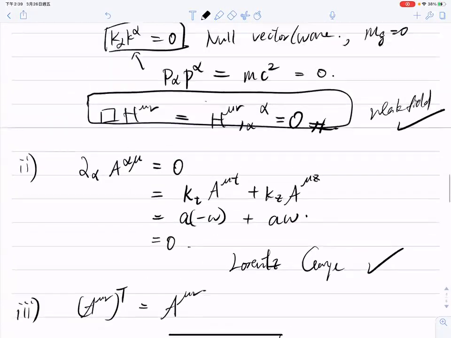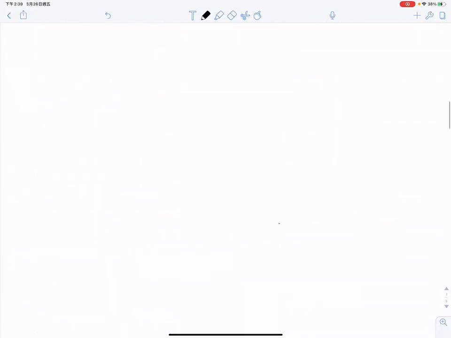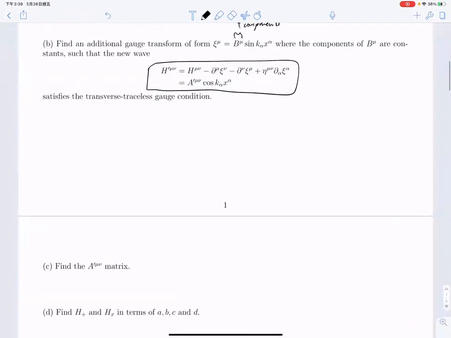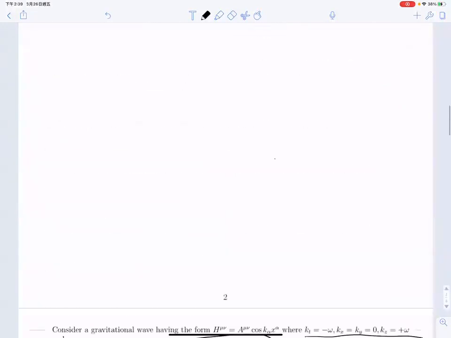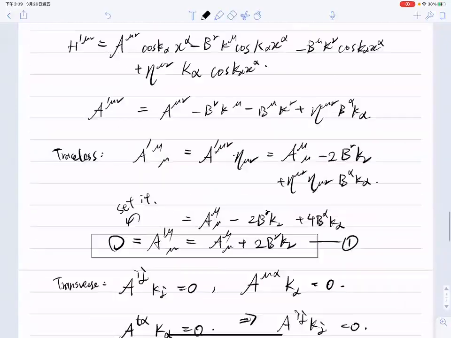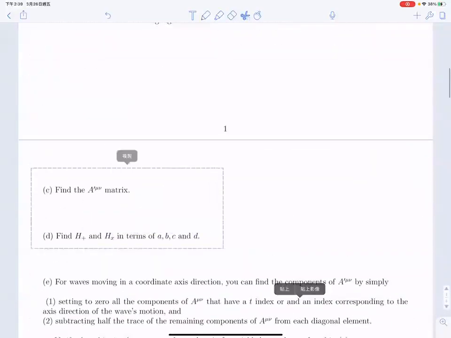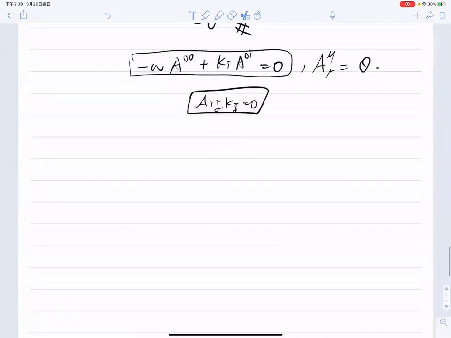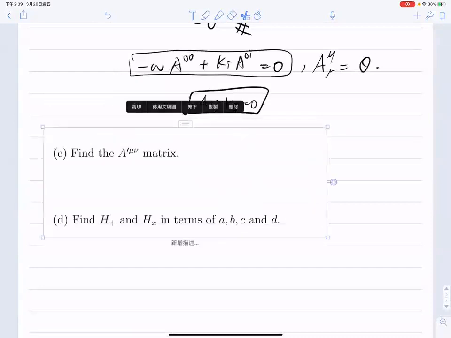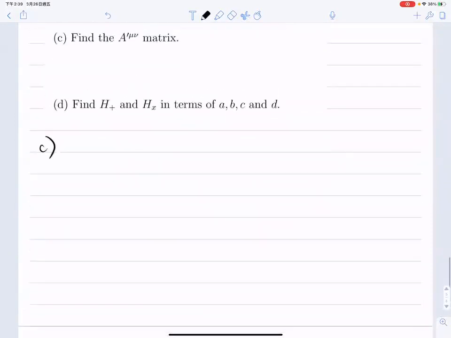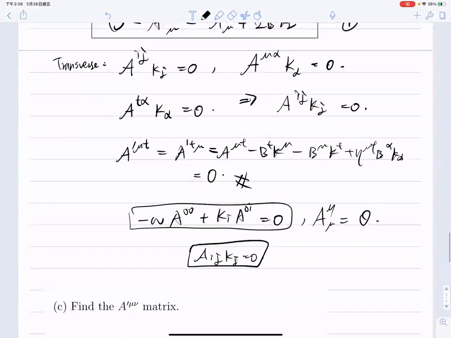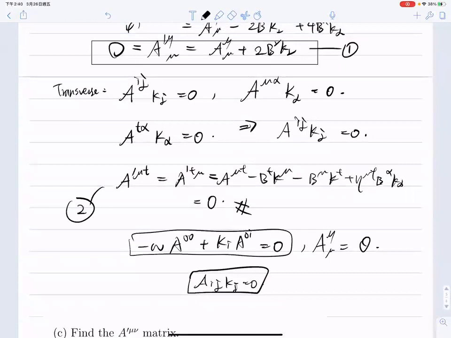And due to time limit, I can go over parts C and D by myself. So basically, part C is going to find A mu, A prime mu nu, and basically this is all the calculation. And part C finds A prime mu nu. We know that this is the second equation. We make use